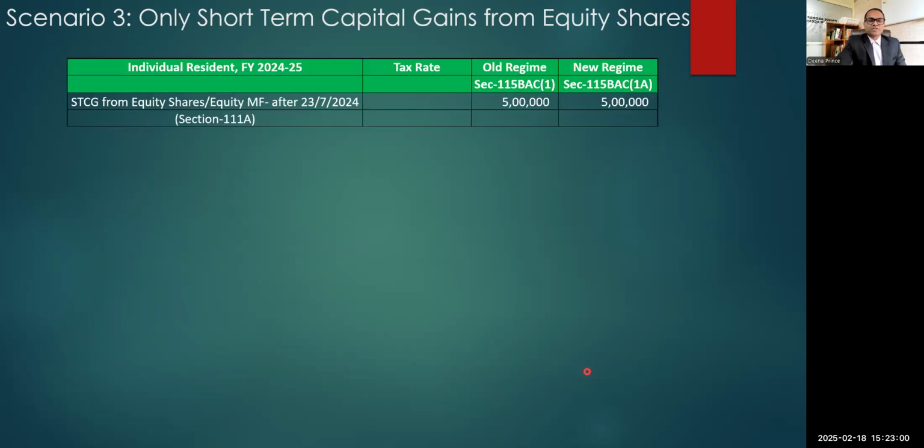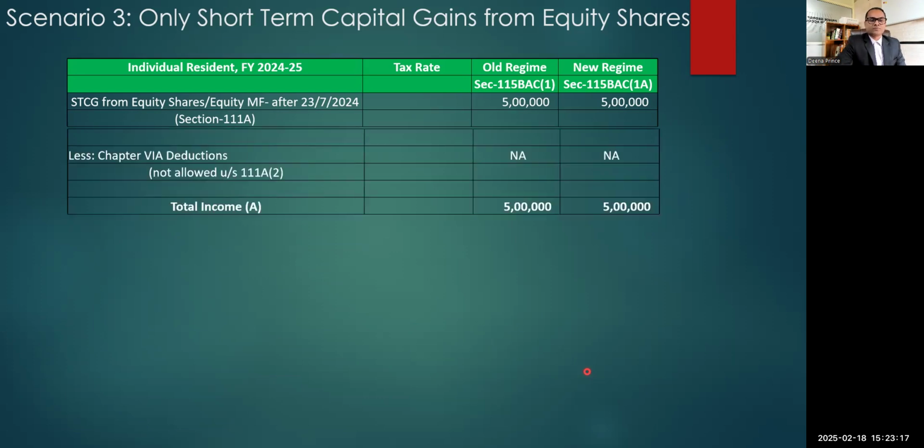So with that background, let me start. Short-term capital gain from sale of equity share and equity mutual fund is 5 lakh. It is after 23rd of July 2024. The relevance of this date is, if it is before this, it will be 15%. After this, it is 20%. Chapter 6A deduction, whether allowed? Well, it is not allowed. Specifically, it is not allowed in case of short-term capital gain under section